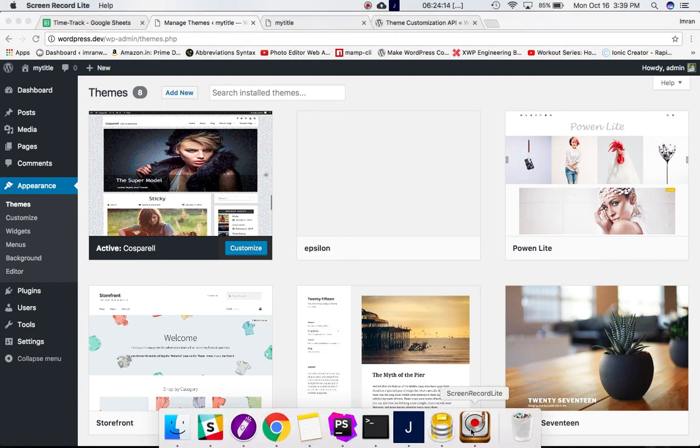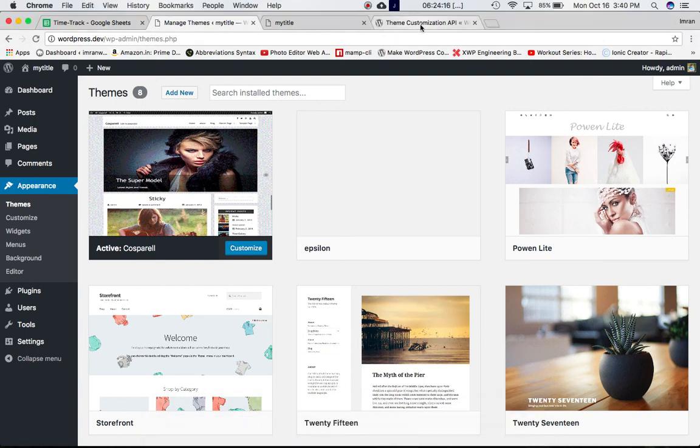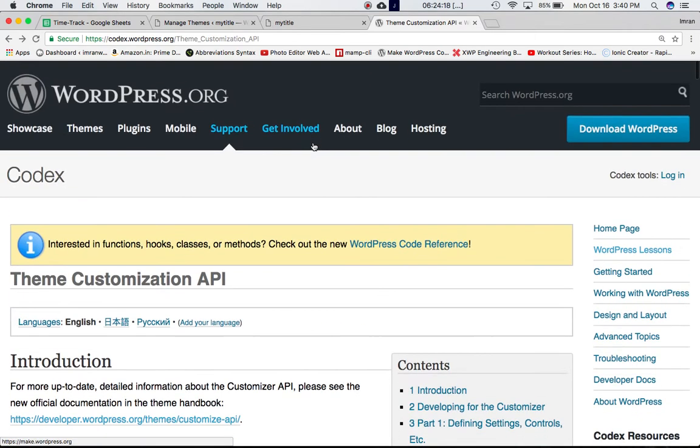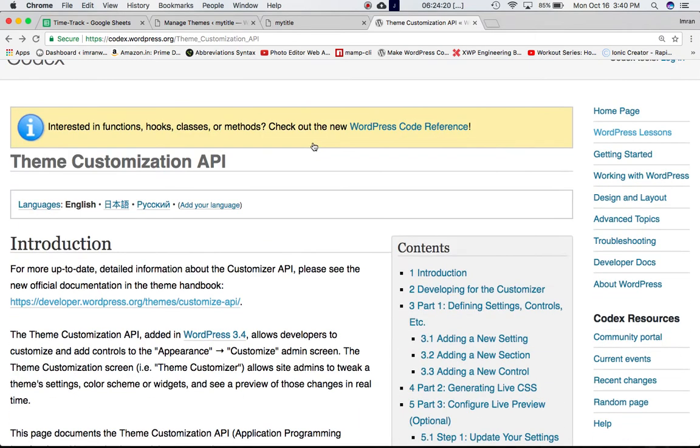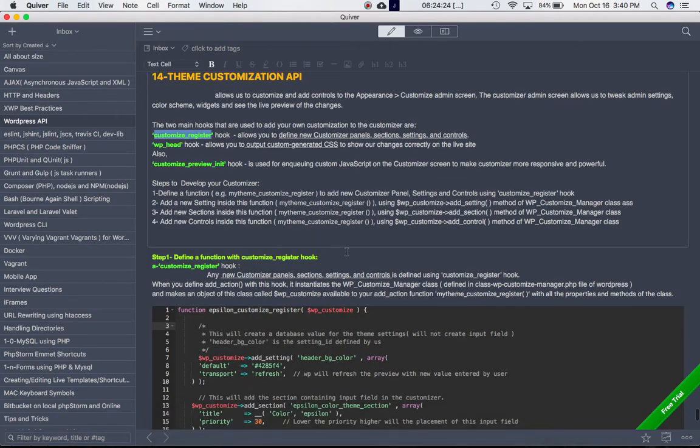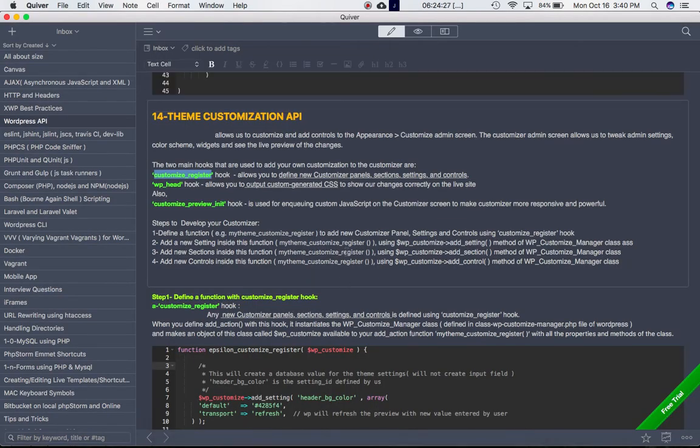Hi guys, today we're going to talk about a really nice API which is called the Theme Customization API. The job of this API basically is to allow us to customize and add controls to the customizer